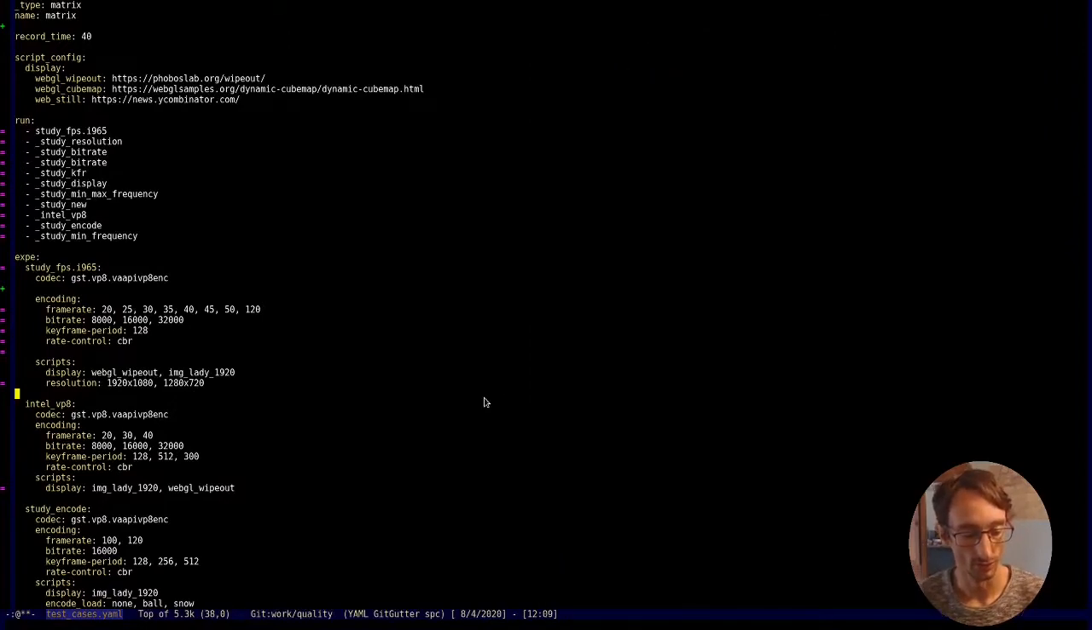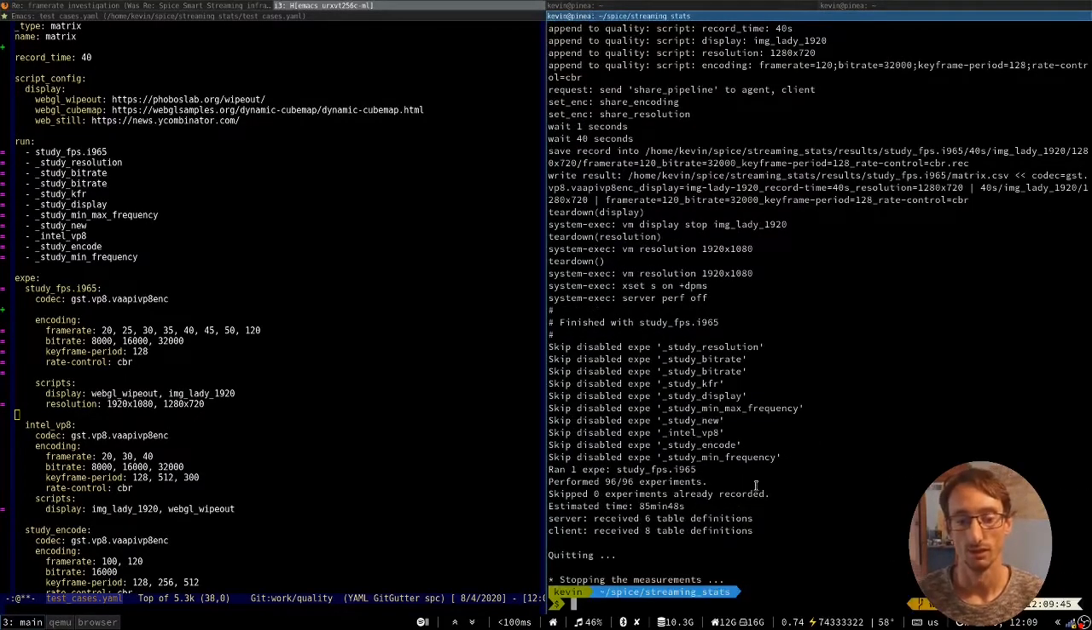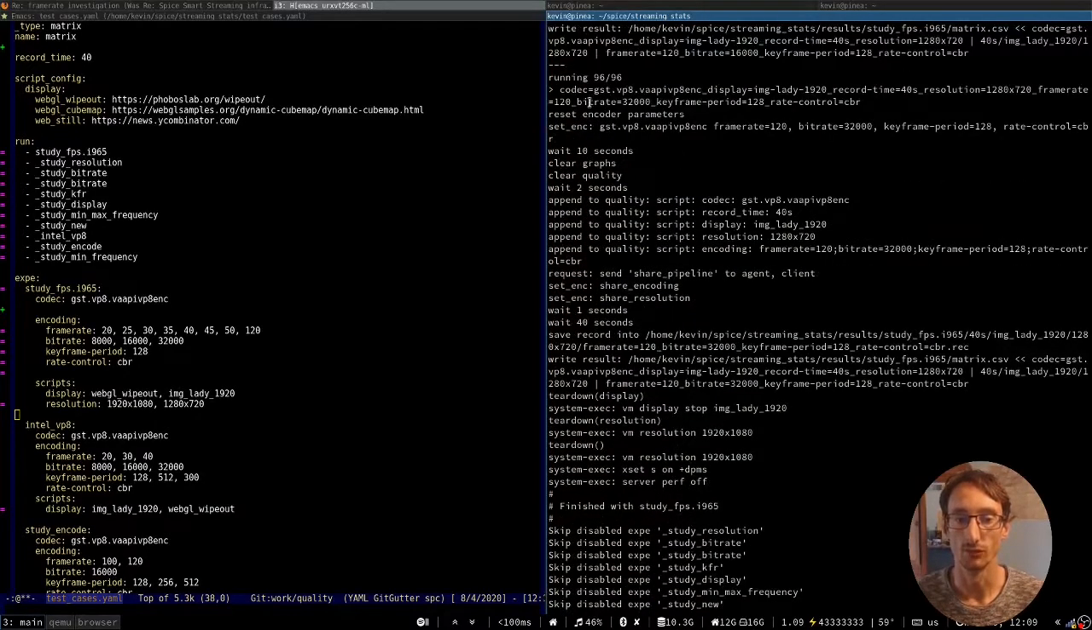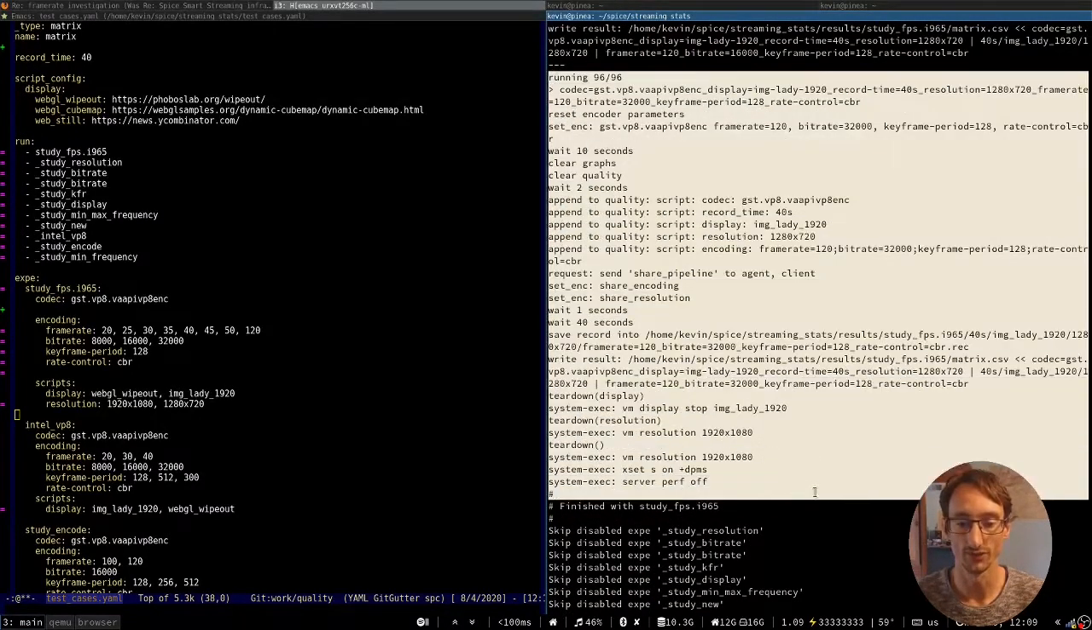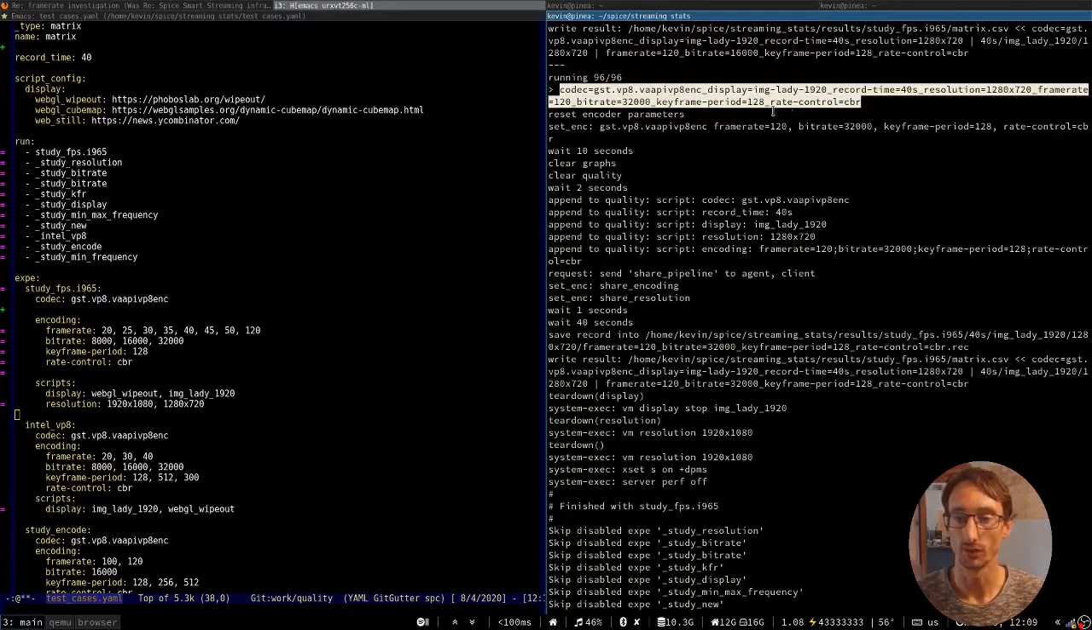So if I run the benchmark in dry run mode, we see that 96 experiments have been prepared, and it would have taken 85 minutes. Now, if we look at the very last one, for instance, here we have the encoding parameters that were configured: the still image, 40 seconds, the 1K resolution,